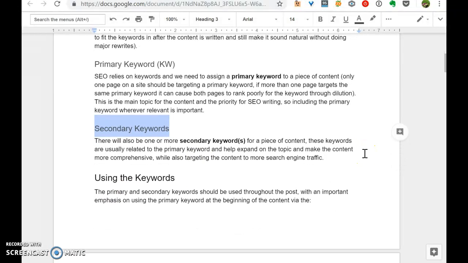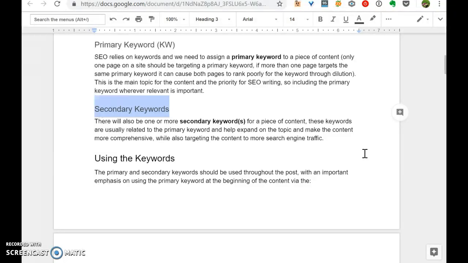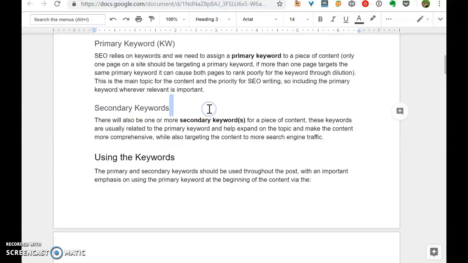Also, those secondary keywords are usually related to the primary keyword, or they support it in some way just because they're relevant. They might have parts of the primary keyword, or be a synonym of it. It just might be additional content that people are looking up in addition to that piece of content. So instead of having a user go to multiple posts, it's kind of a one-stop shop for all of the needs related to whatever they're searching for.